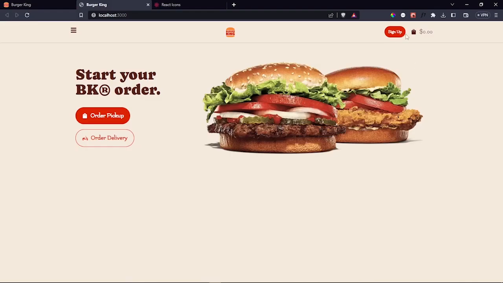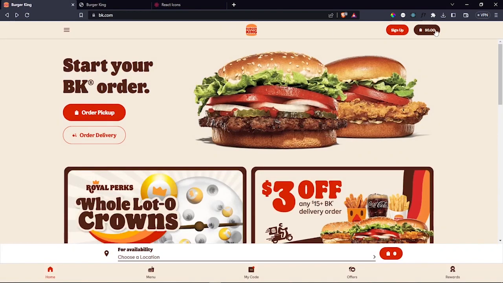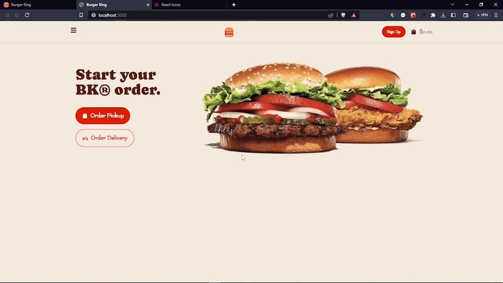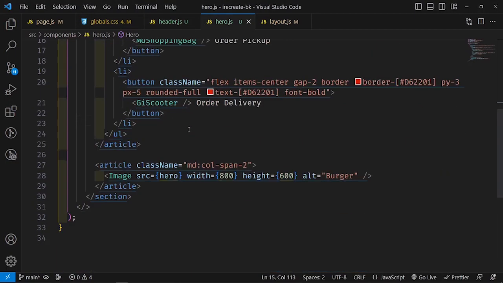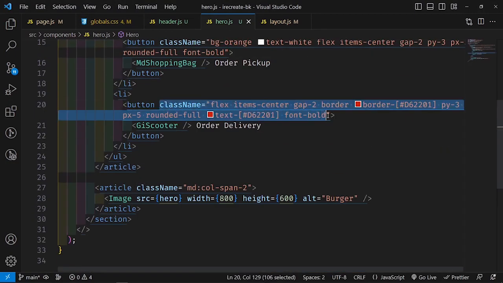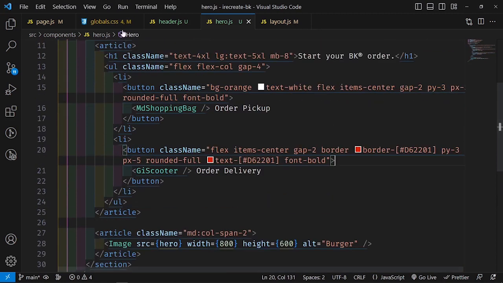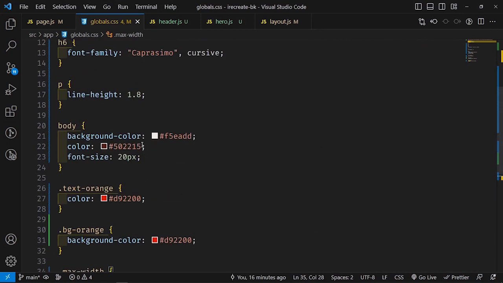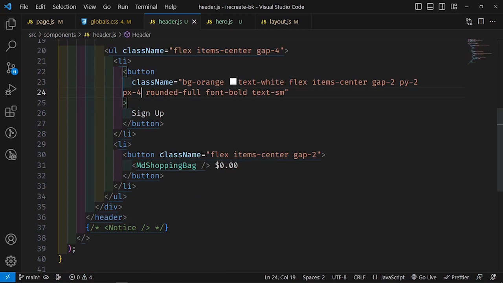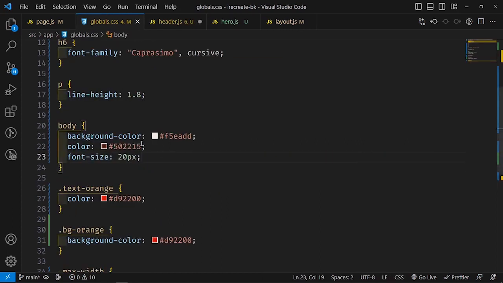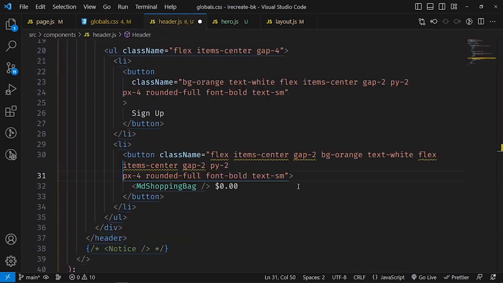And we're going to have, yeah, I think that's okay. And then I just realized that this button is styled differently as well. So let's go ahead and copy the hero class names. Wait, that's the wrong class. I need this color. Okay, so let's go inside the header and paste these classes here, and then let's copy this class name, this color, sorry, and